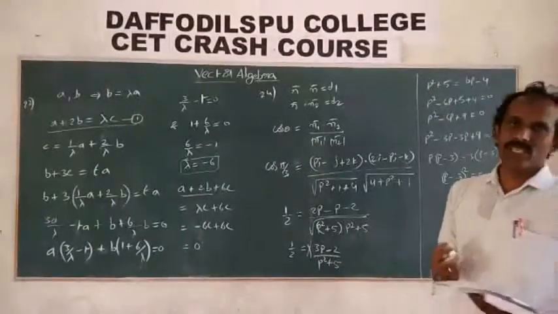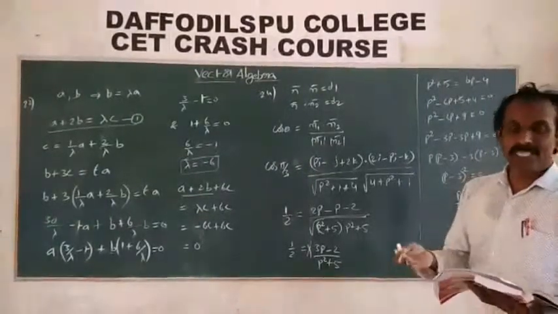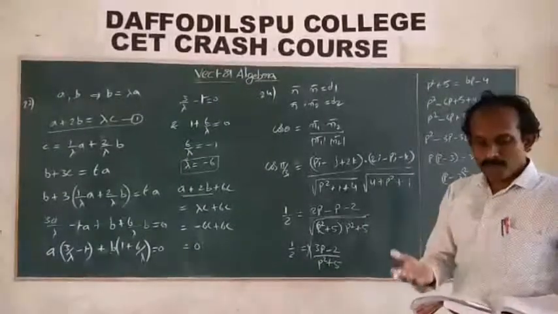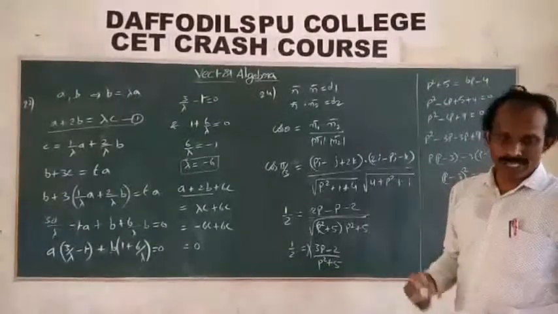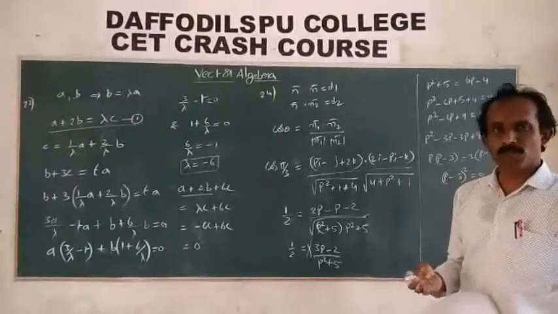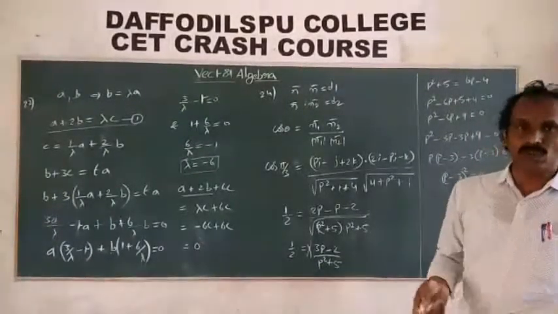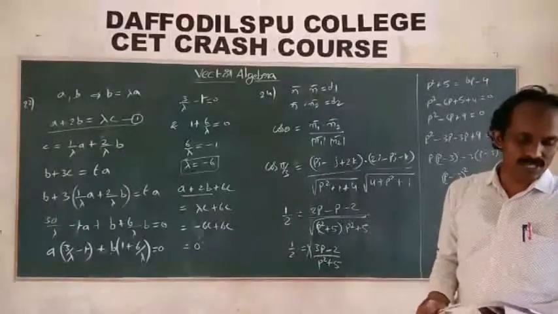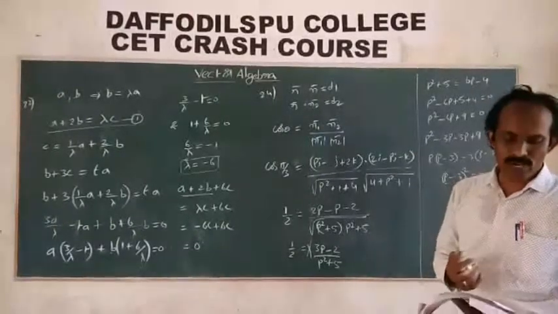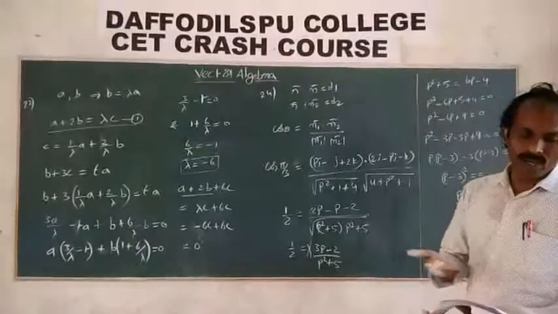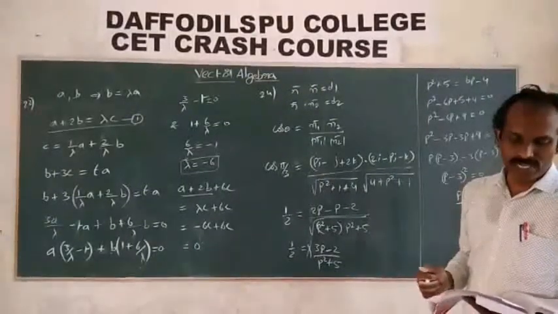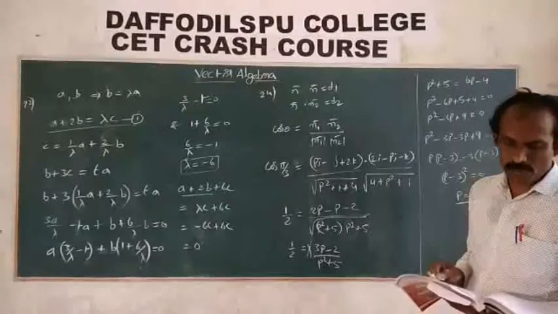25. These are the theory model. A plus B plus C is equal to 0. A plus B plus C whole square also is equal to 0. Expand: A square plus B square plus C square. Already given A square means modulus A square, modulus B square, modulus C square. The value is given, substitute those values and find out A dot B, B dot C, and C dot A. Do this as homework. Option 4 is the correct answer.